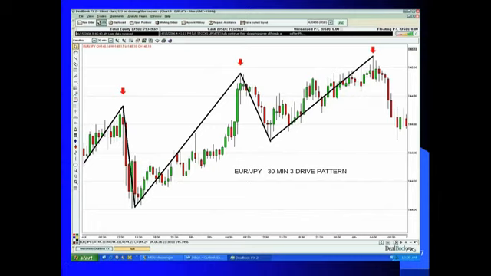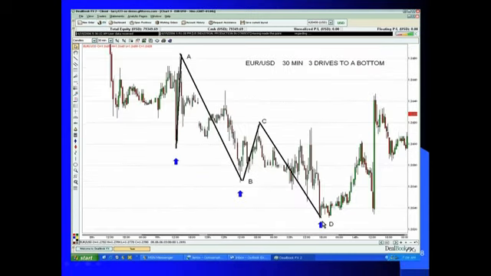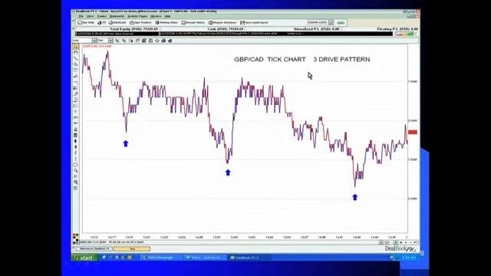This is the three drive pattern on the euro. And I use currencies a lot because they trade fantastically better than stocks and futures, even though the futures are pretty good, but nothing is better than the currencies. They trade nearly as symmetrical as you can possibly get. This is the same thing on the pound and the Canadian dollar on a tick chart, and that gives you a 3 drive to a